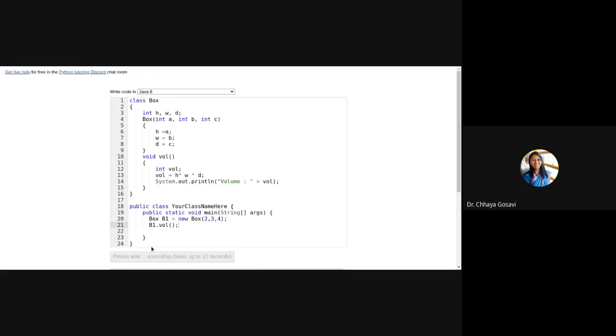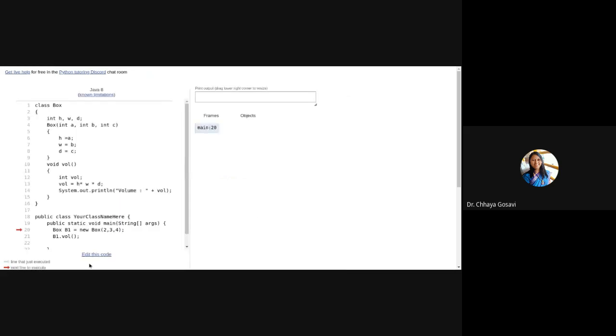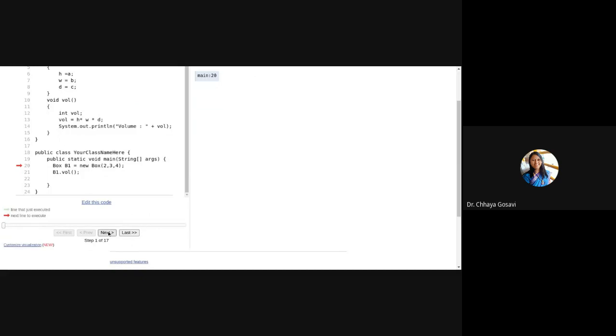And if I do the visualization again, you can see this is pointing to the current object. Now when we call a method, this is a pointer, and this method is called from the b1 object.